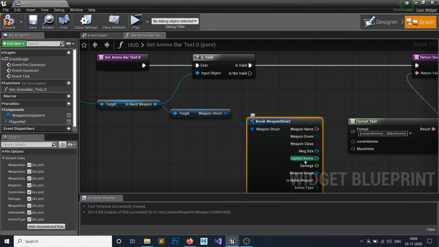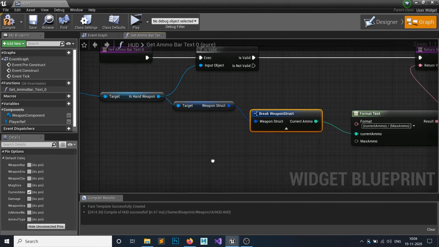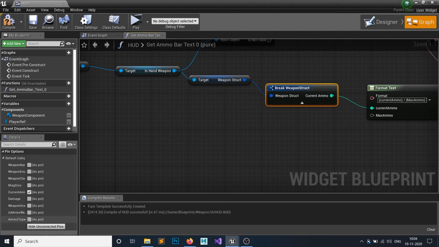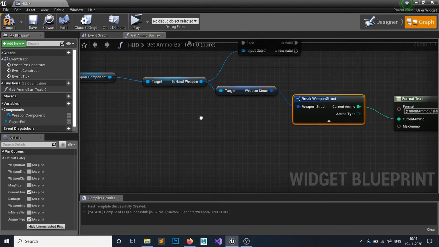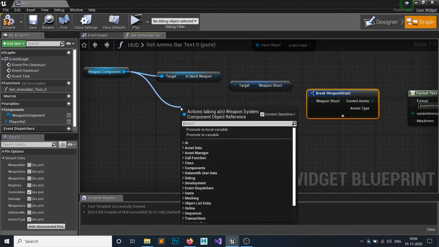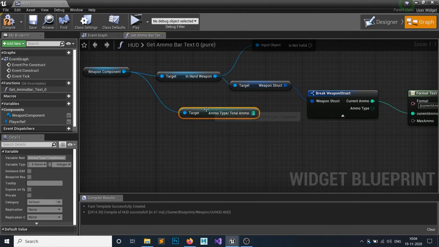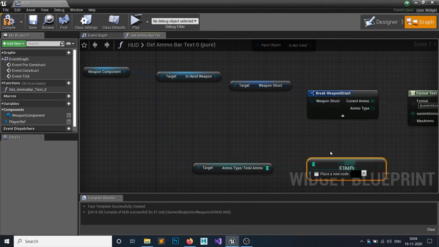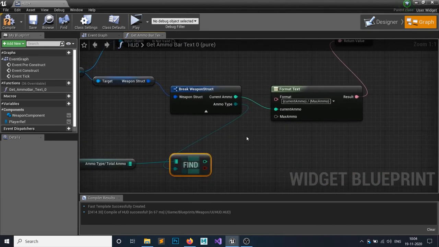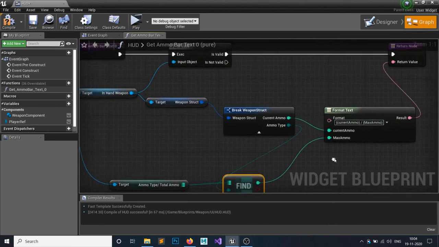Okay, we have the current ammo, and let's just hide all the unconnected. We need that ammo type. And from my weapon system component, yes, I need that max ammo type slash total ammo map. I will find this ammo type, and whatever this ammo would go to in the max ammo. Okay, done.